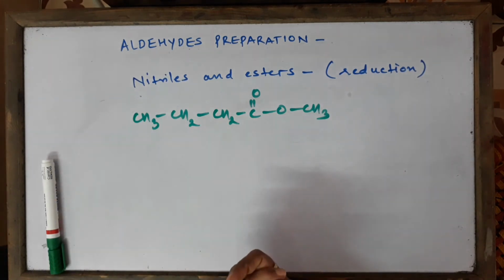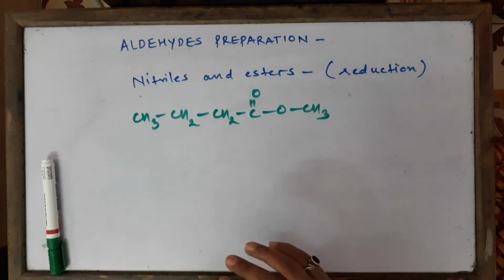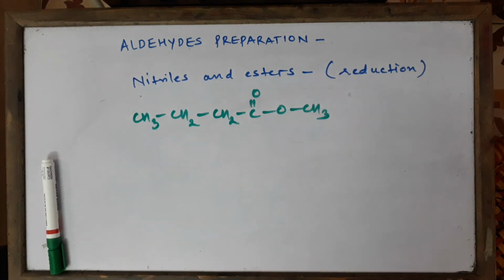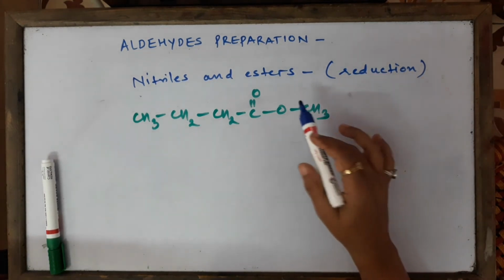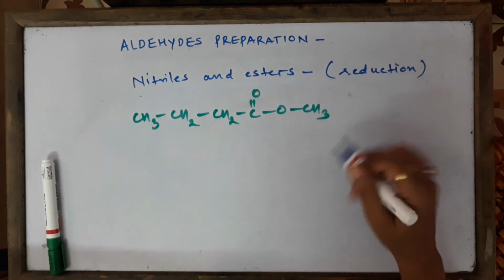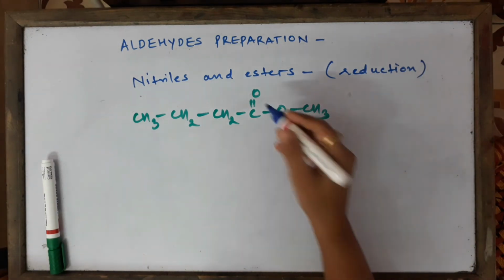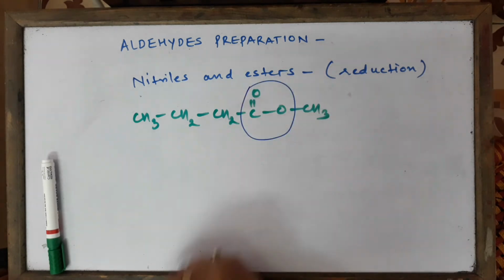And the unique property of esters every child knows, because we all eat bananas. They have fruity smell, a very pleasant aromatic smell. So that smell is due to ester. So esters have fruity smell, and this is the formula of ester. General formula is what? This is the molecular, this is the functional group.